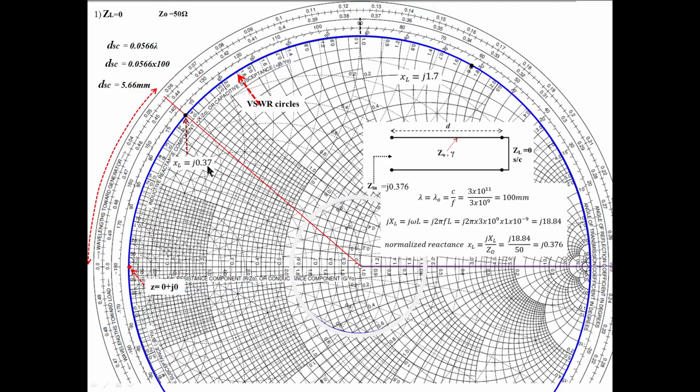Like this, 0.37, we reached here 0.37. This is 0.4, this is 0.3 here, so it is 0.37 here. We stopped here, and we found the distance from this short circuited point to here. That is the length, 5.66 mm we got. From the equation we got 5.7, from this Smith chart we got 5.66. Maybe due to error we may not exactly get 5.7, but 5.66 is the same as 5.7. So we got the length of the line, so you can easily obtain this. Okay, this is for the inductor.